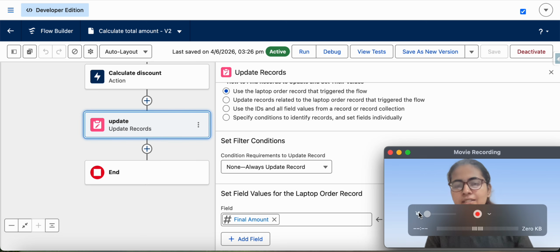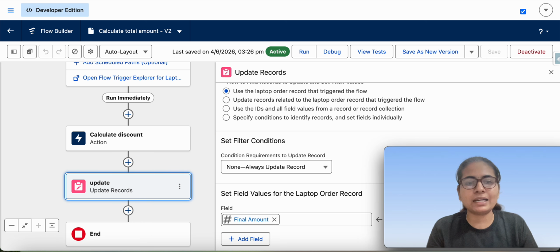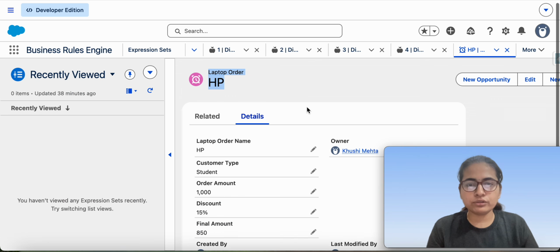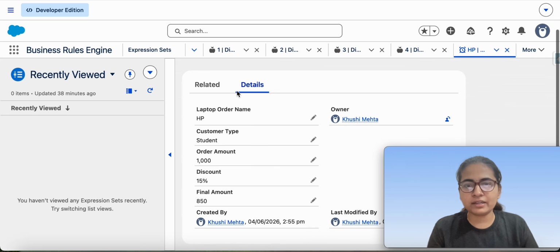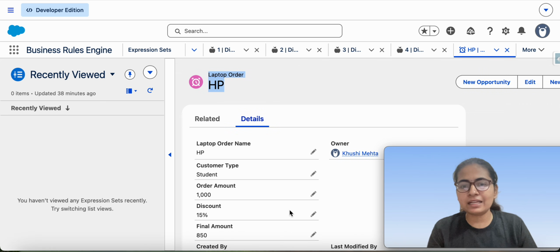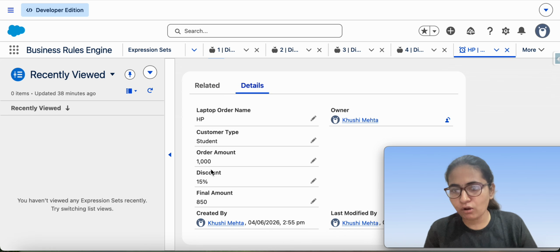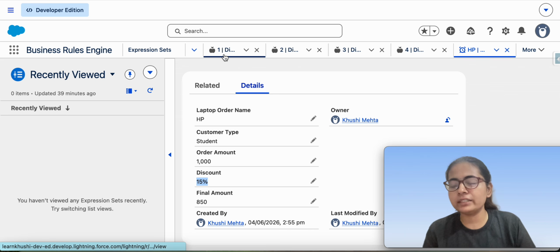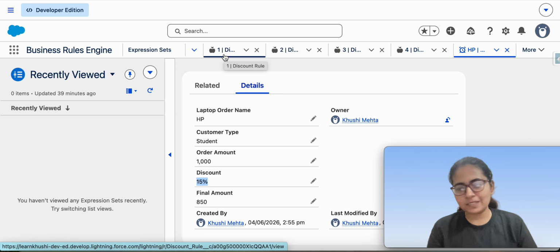This is what the customer has to pay, and it will update automatically on the laptop order. If you see here, this is the laptop order HP that I have created. If the customer type is student and the order amount is given, as soon as I click, I have created this record. This is the final amount that got automatically updated, and this was the discount that came in directly using that flow by calling the expression set.